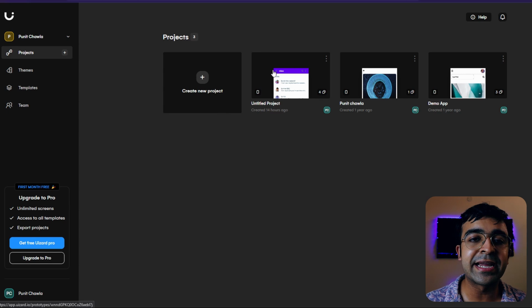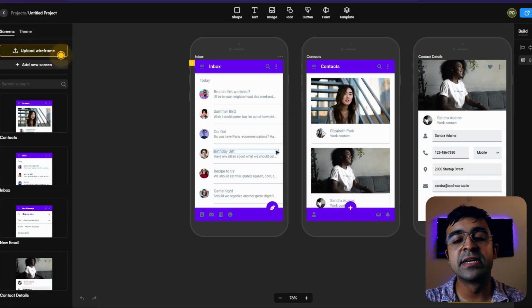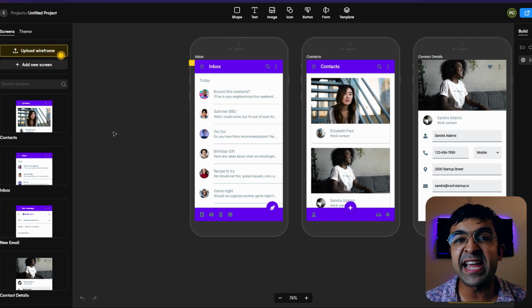So in this case, I can quickly create a new project. And once I do that, as you can see, there is some basic layout already made for me. Now, if I want to say, add a certain theme, for example, I go to Spotify and Spotify inspires me as a designer a lot. What if I want to add that as a theme? All I need to do is download an image or a screenshot of Spotify. And as you can see, we already have Spotify out here as an image.